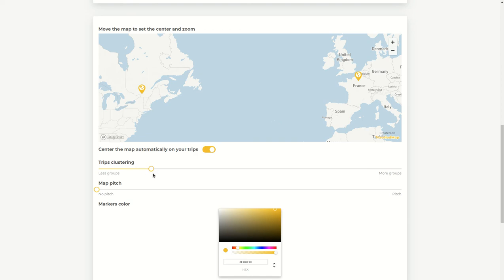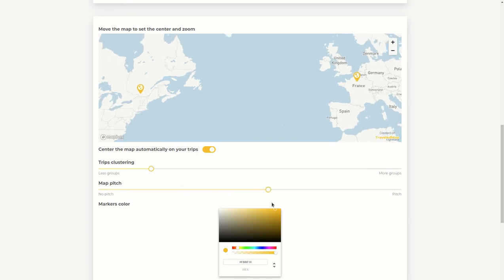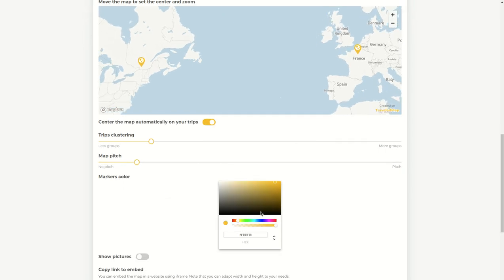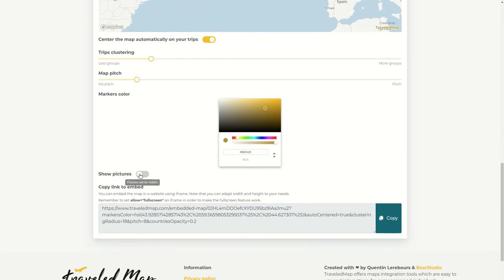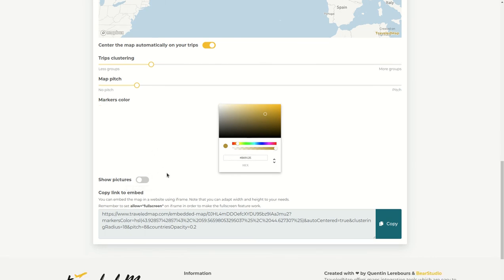Okay. You can select a pitch, which is the pitch of the map. You can select if you want a different color for your trips. If you want to be able to show pictures, by default they will be hidden. And finally, you will be able to get the link that you will have to put in the field in